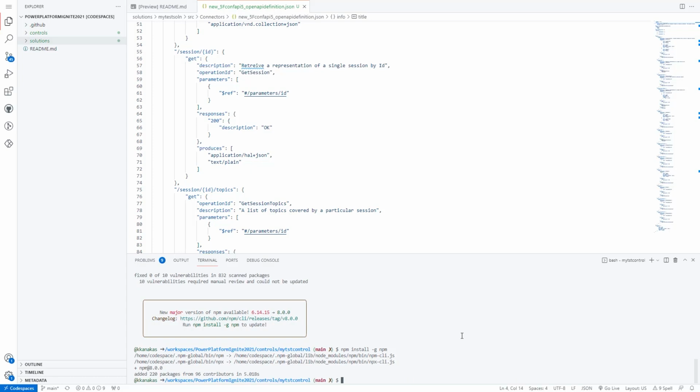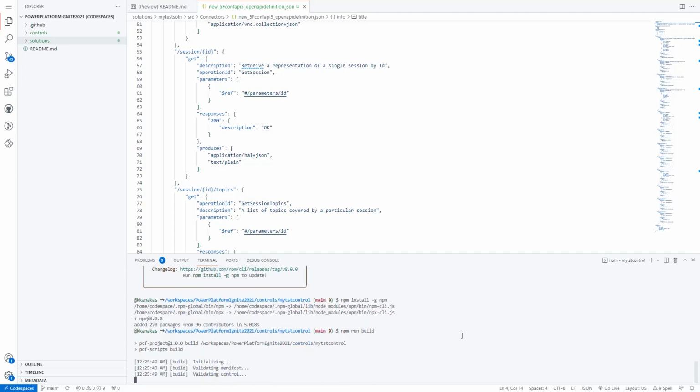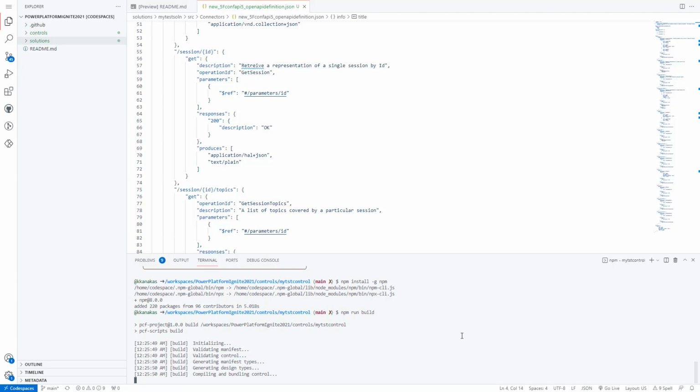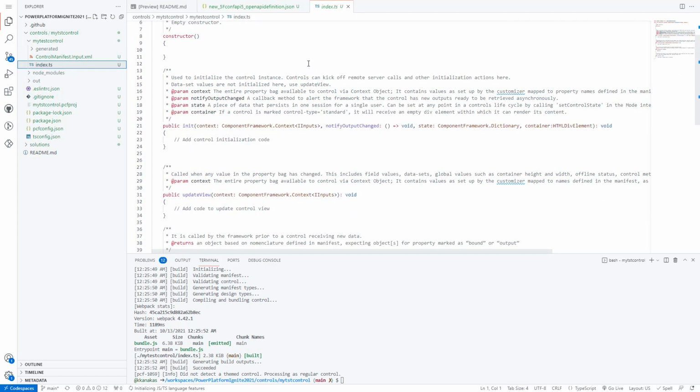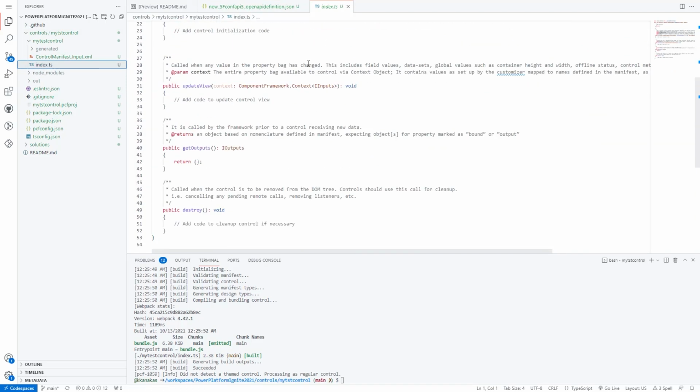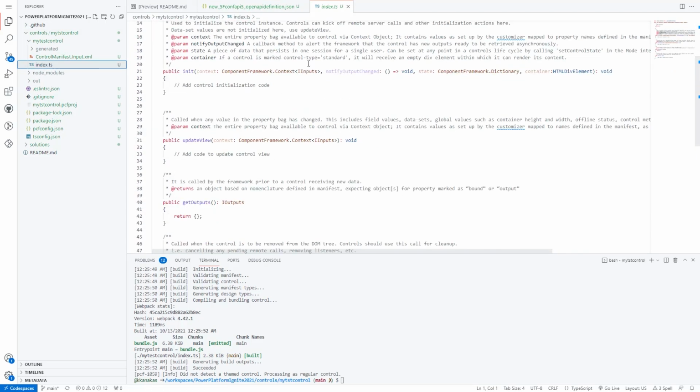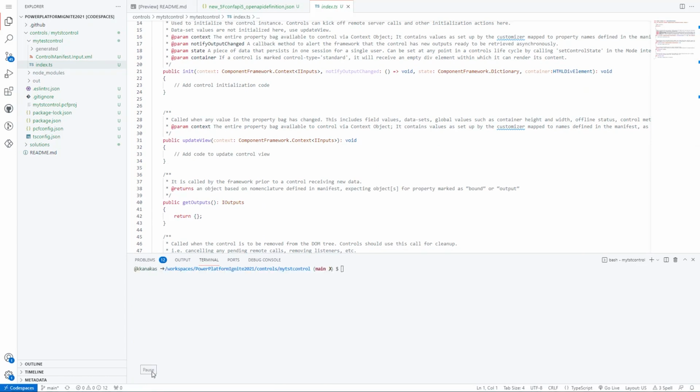All right, now that we've got that and we've got our PCF control set up, what I'm now going to go do is build it, make sure it's working properly. And here I see the fact that it's running properly as it is. And what I'm also now going to do is I want to make sure that it actually works. So for example, typically when I do my PCF work, there are two files that are in question. So here's the index.typescript file that has some componentry of UI. So this is, again, an empty shell right now. All I'm trying to go do is demonstrate the fact that I can do some PCF work.